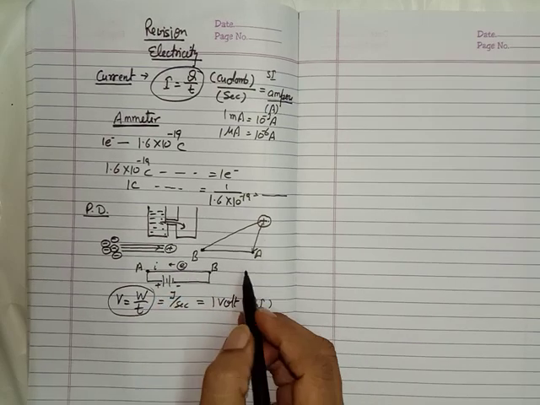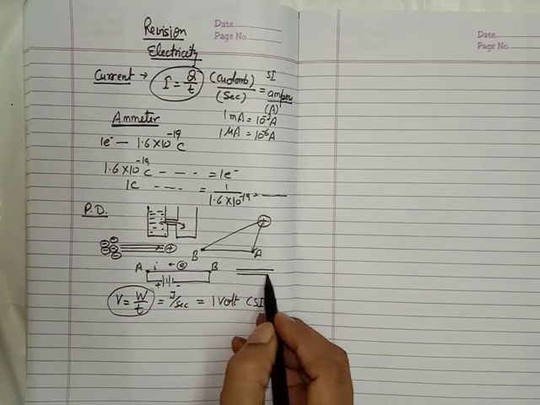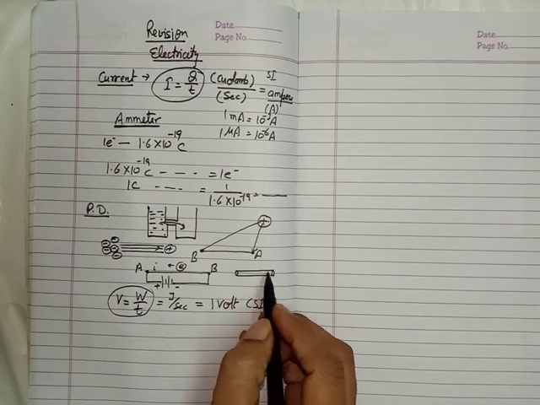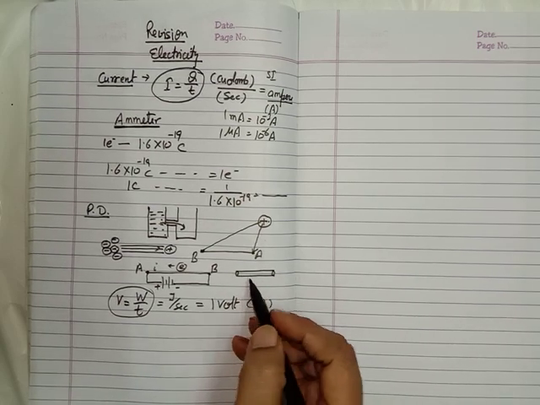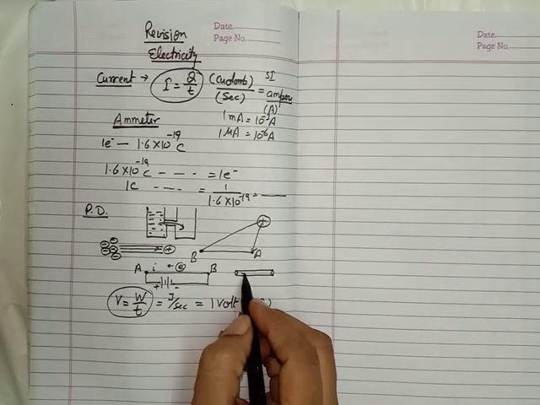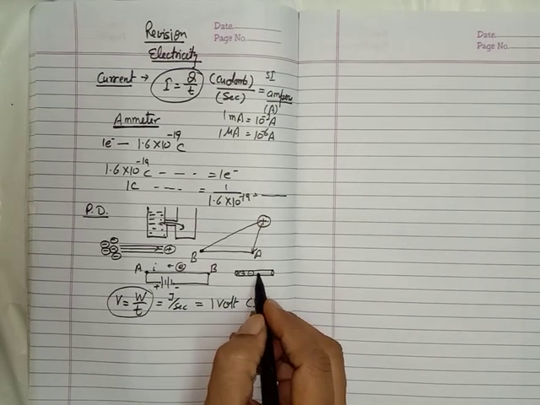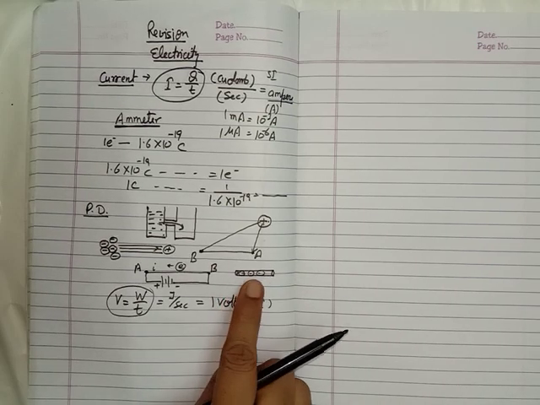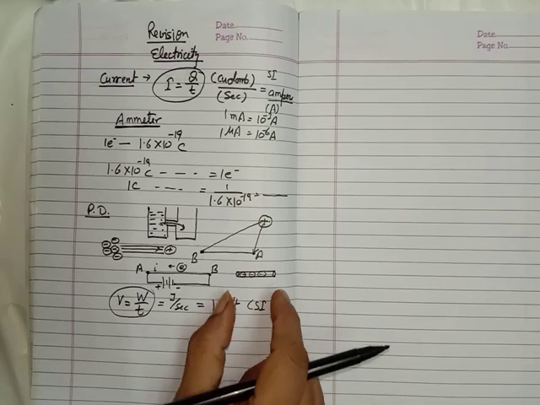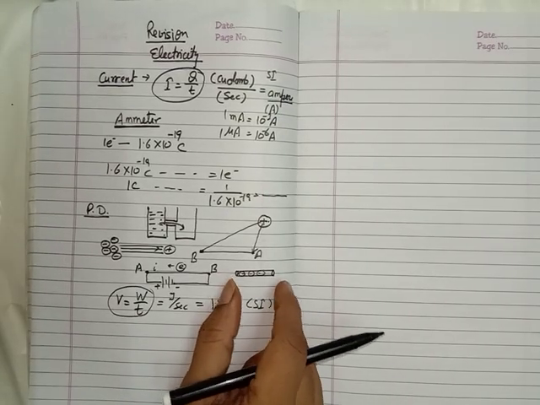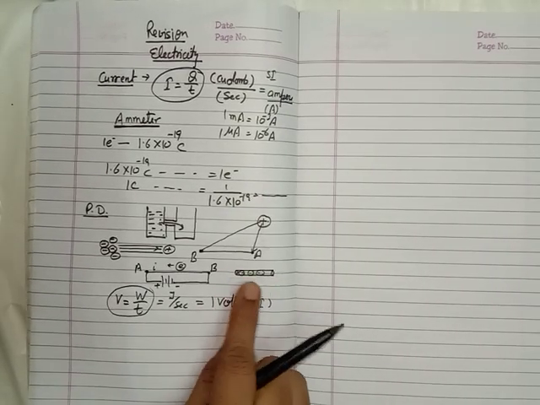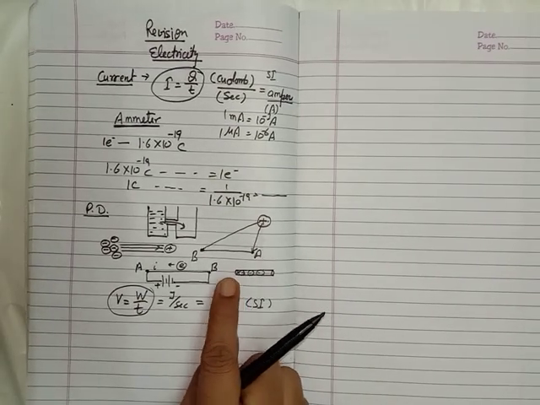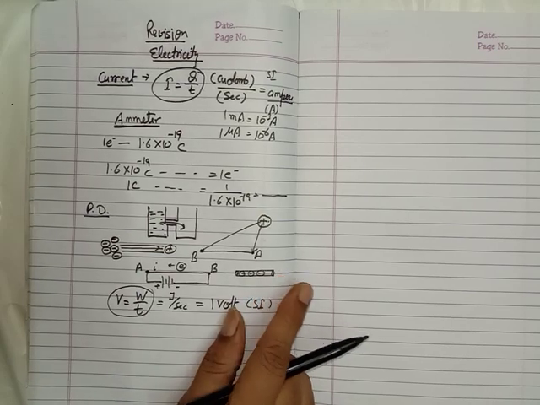If there is a copper rod, we know that a copper rod is a very good conductor of electricity, and it also has some free electrons in it, because it is a metal and metals have free electrons. But these free electrons are not going to flow. Why are these electrons not going to flow? Because there is no potential difference between these 2 points. So we have to develop some potential difference between these 2 points so that the current can flow from one point to another point. Okay, this is clear.